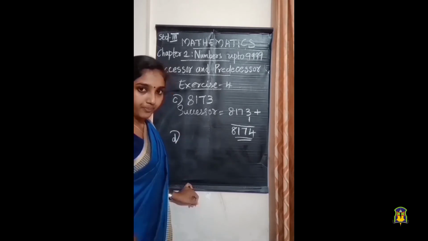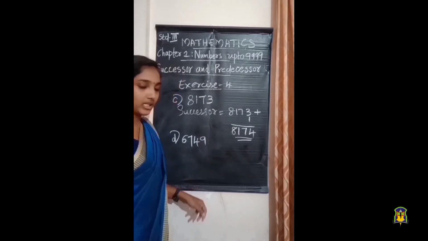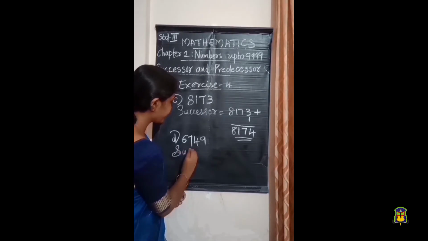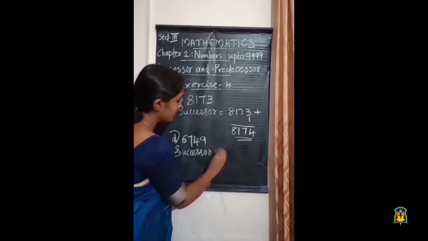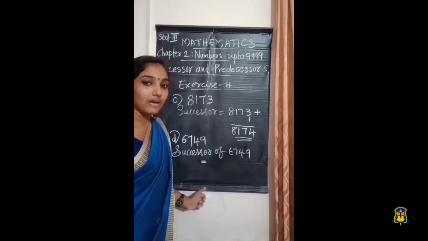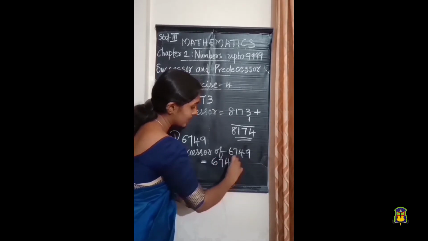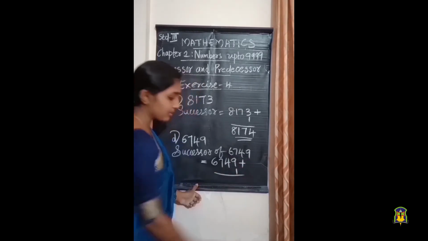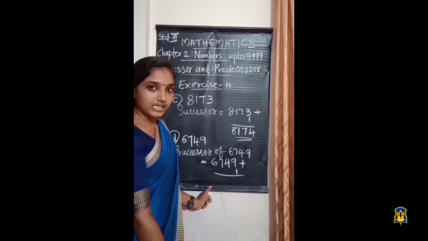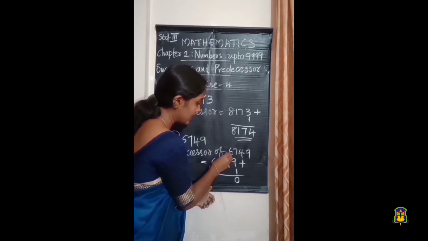Okay. And next question. Question number d. The number is 6749. We have to find the successor of 6749. What we have to do? We have to add 1 to this number, isn't it? So 6749 plus 1. Plus 1 makes what? Here 9 plus 1. What is 9 plus 1? 10 is there. So we are writing 0 in ones place and 1 is carried to the next place,